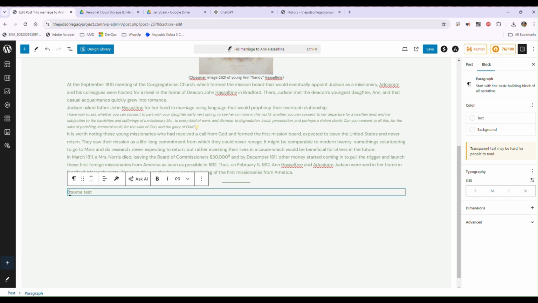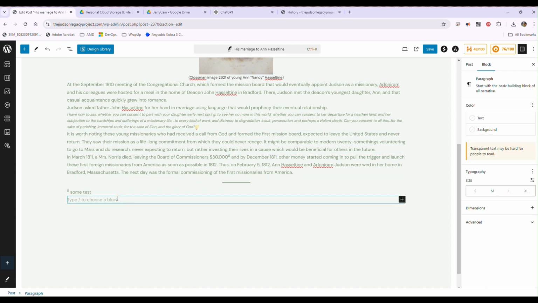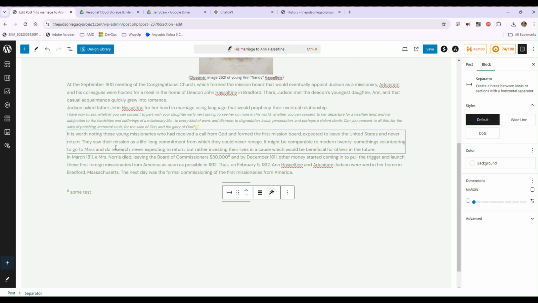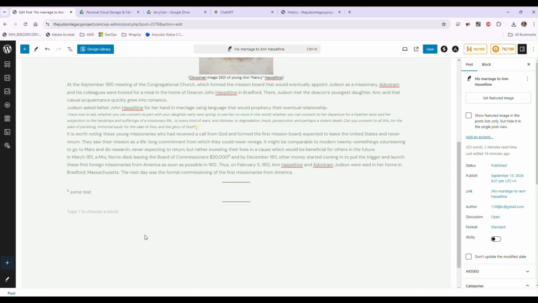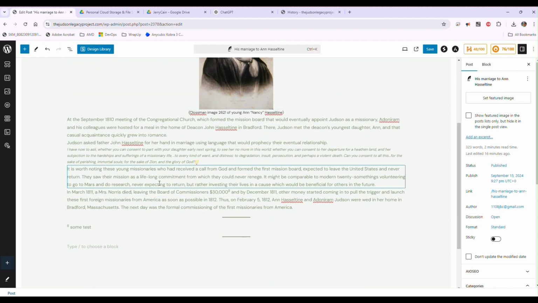I would then do a superscript on the 8 to match the one that's up here, and then I would add another line to end out my whole post with a separator. And you'll see why that is important. But this is basically what I want a post to look like in my mind. It's up to you, of course. Once I'm done, I can click Save or Publish,